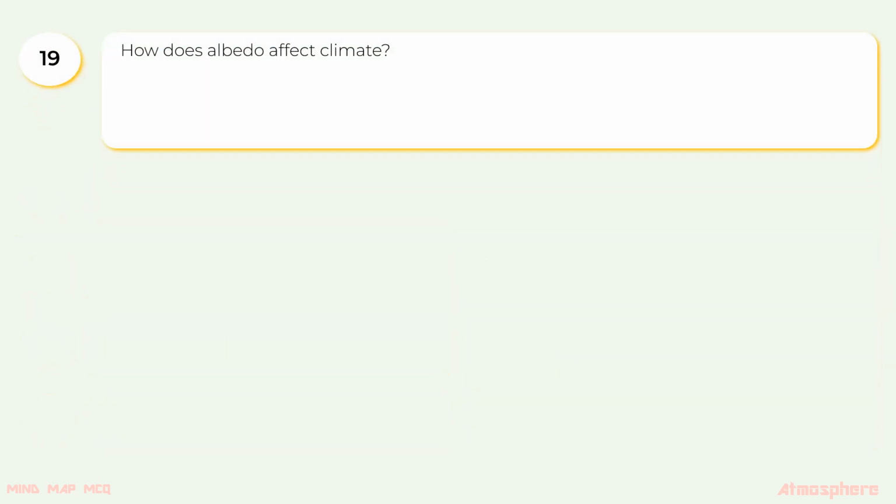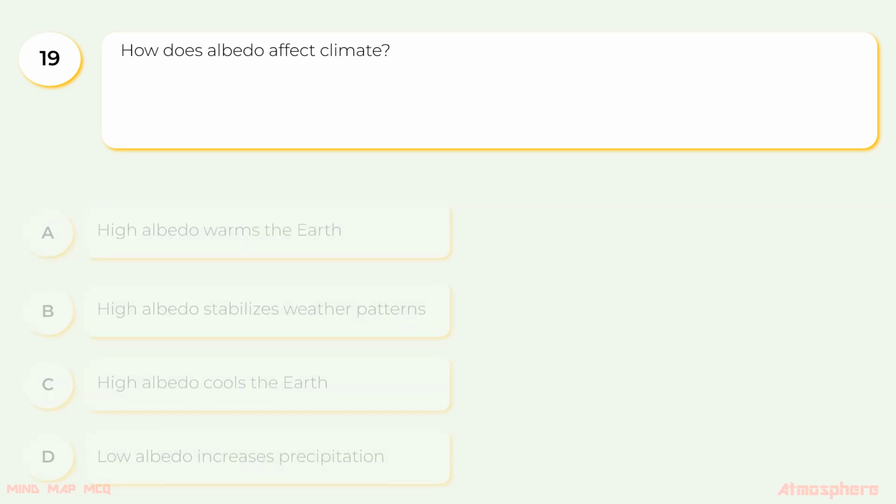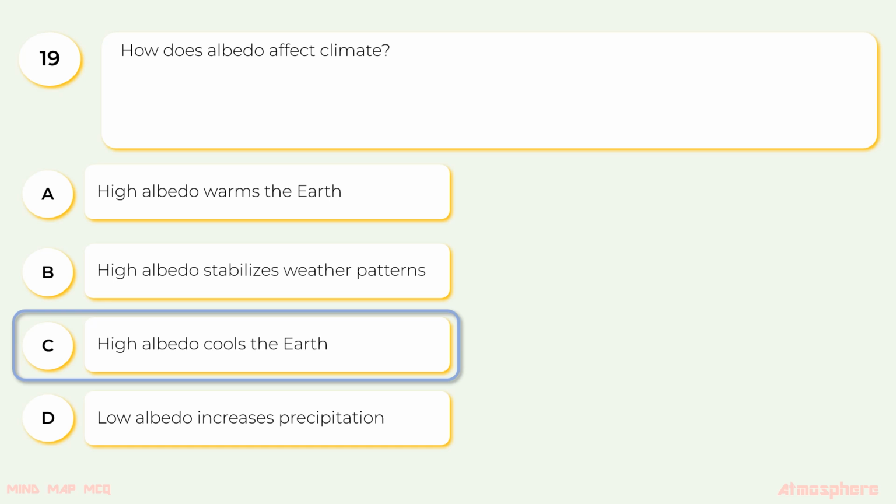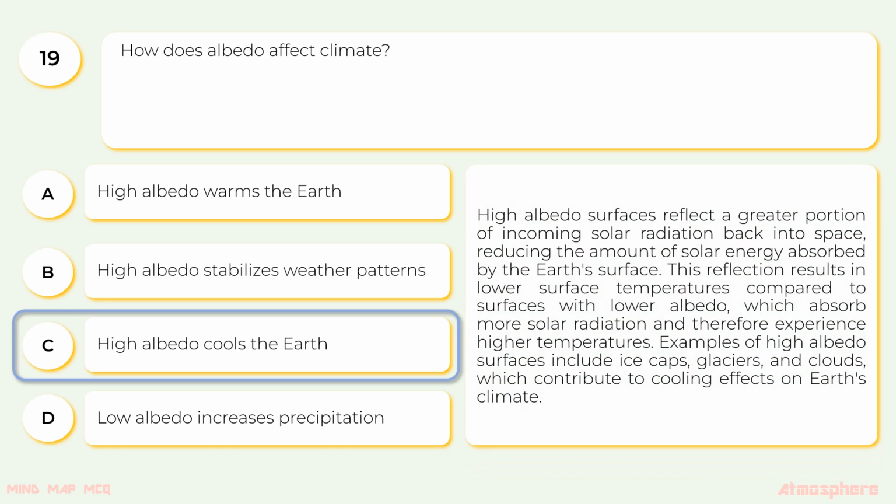19. How does albedo affect climate? The options are A. High albedo warms the earth. B. High albedo stabilizes weather patterns. C. High albedo cools the earth. D. Low albedo increases precipitation. The correct option is C. High albedo cools the earth. High albedo surfaces reflect a greater portion of incoming solar radiation back into space, reducing the amount of solar energy